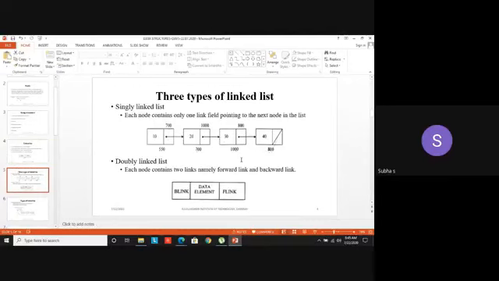With respect to linked list, we have 3 types: singly linked list, doubly linked list, and circular linked list. Normally, in general, we move on with singly and doubly, but there is another type. Using the singly and doubly, we can implement the third list called circular linked list. Singly linked list means it has only one link field. In the name itself, you have some meaning. Single means one. Only one link will be there for each node.